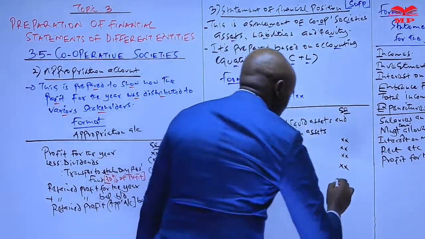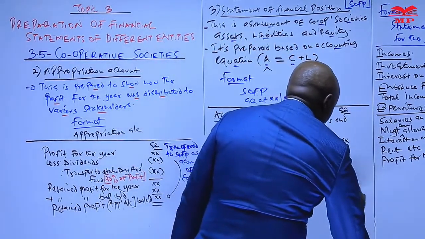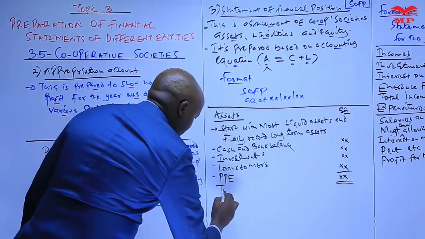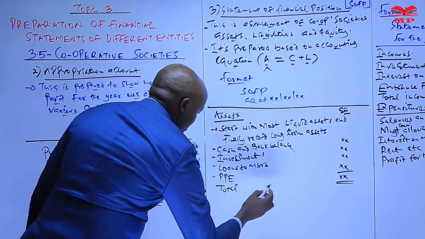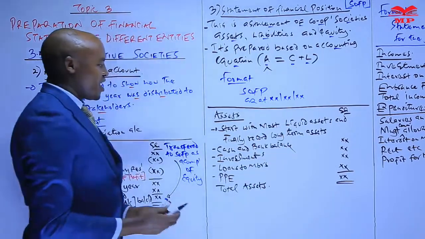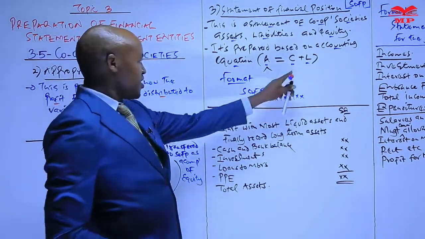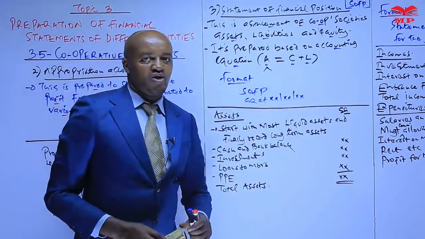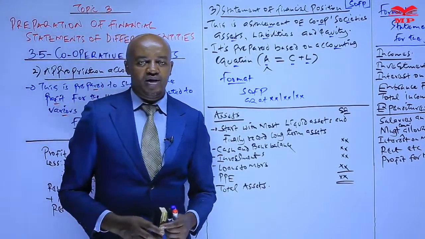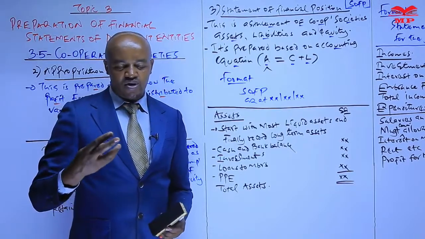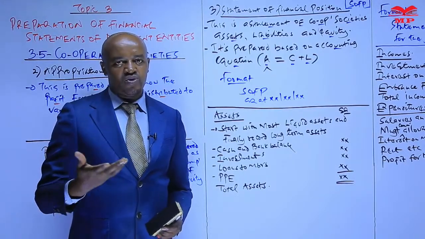So therefore, as I've said, here there is no need of classifying the assets into non-current and current, and then from there you get the total assets. Next, we record the capital and the liabilities. And remember what I've said is that the cooperative society here has the same status just like a company. So for capital, which is also known as equity,